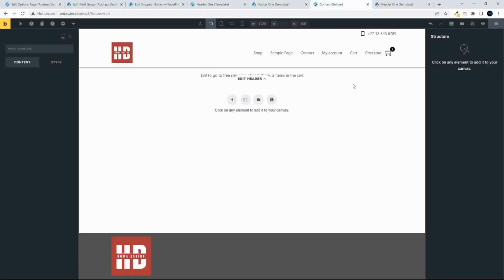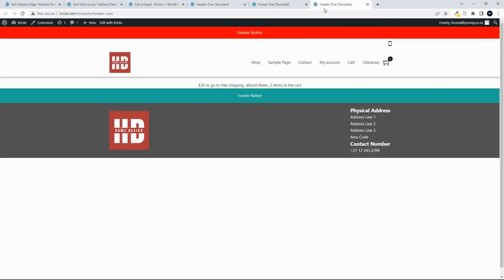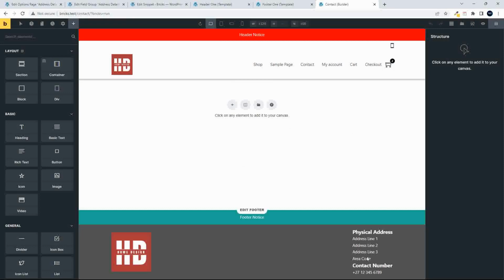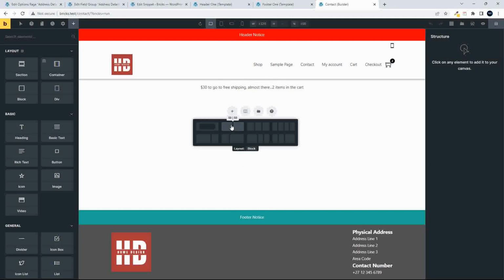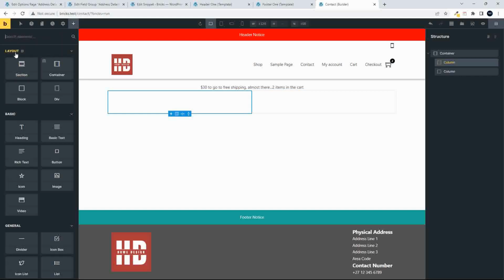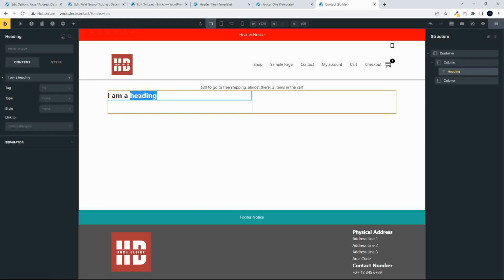So here we are. I'm going to close that off, and then here I'm going to go to the contact page. Right, so now I'm on the contact page. Everything's working, and what I want to do is add some details. So we'll edit with Bricks, and then we'll add the contact details here. In a similar way to how we added it in the footer, let's add a 2-column layout. In the left-hand side here, we're going to add a title, or a heading. So add a heading,